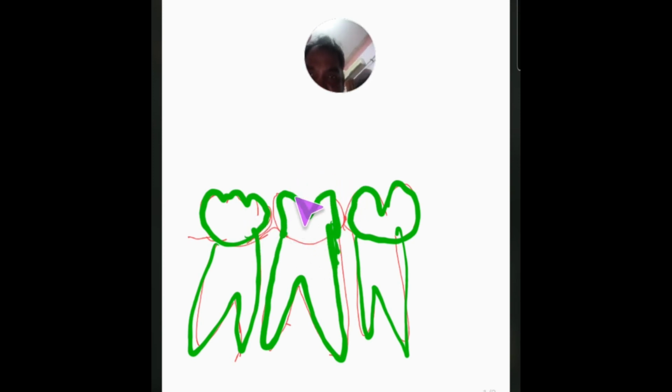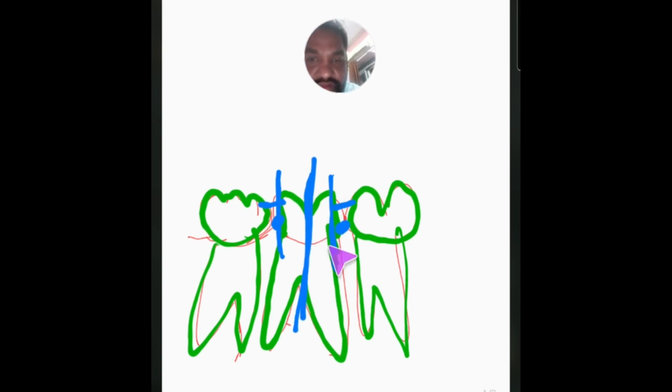You take the burr and cut from here. So what do we achieve? Now if we apply pressure from this side, there will be no resistance on this part, and if we apply pressure from this side, there will be no resistance. So it is very easy to extract. And if you want to make it simpler, you cut from the center also, involving the percussion area.